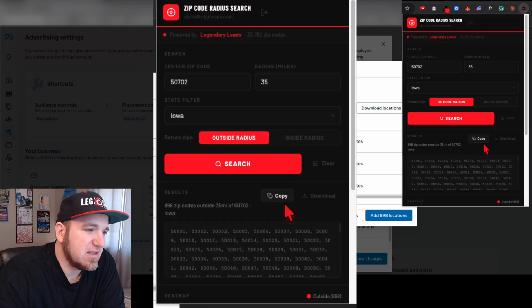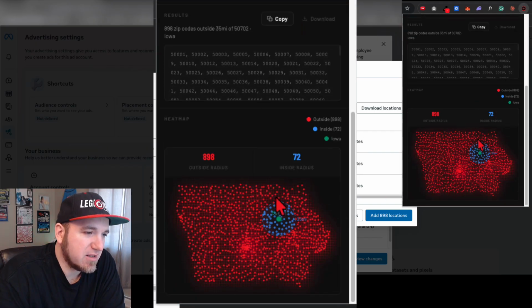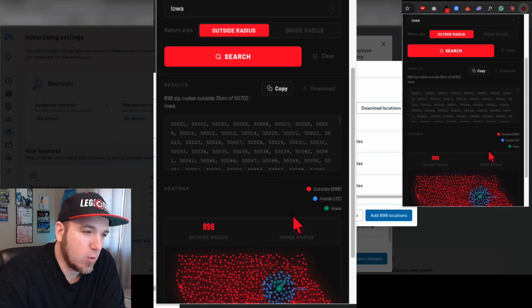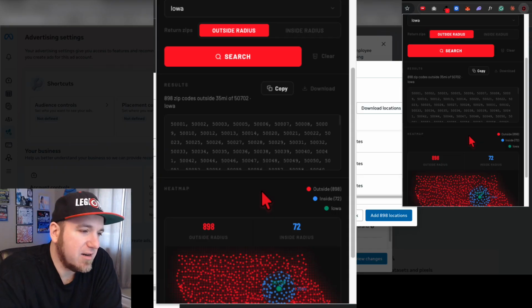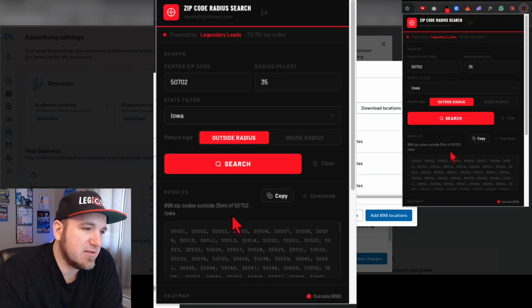So very simple tool, but also very handy, especially if you're an advertiser or agency working with clients in multiple states, especially service-based businesses who need very specific location-based ads run. So let me know if you have any questions, or if you're interested in getting this tool,